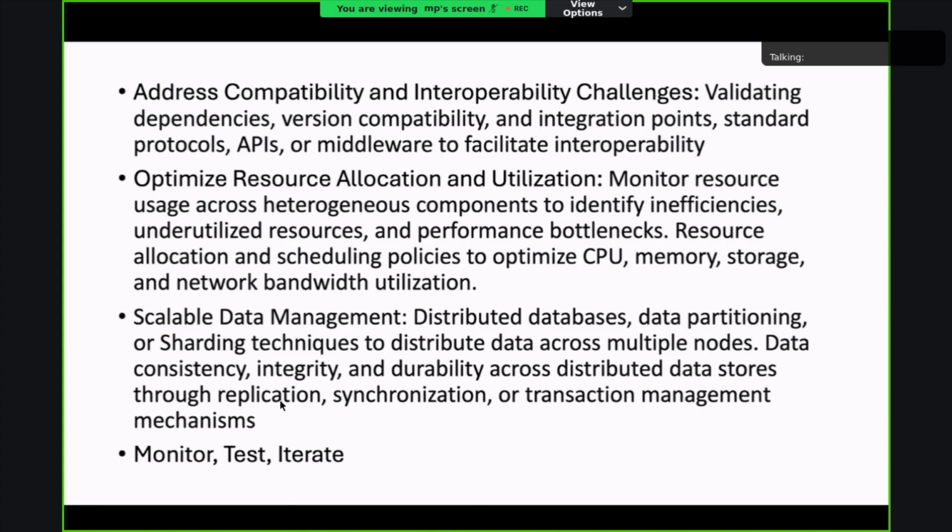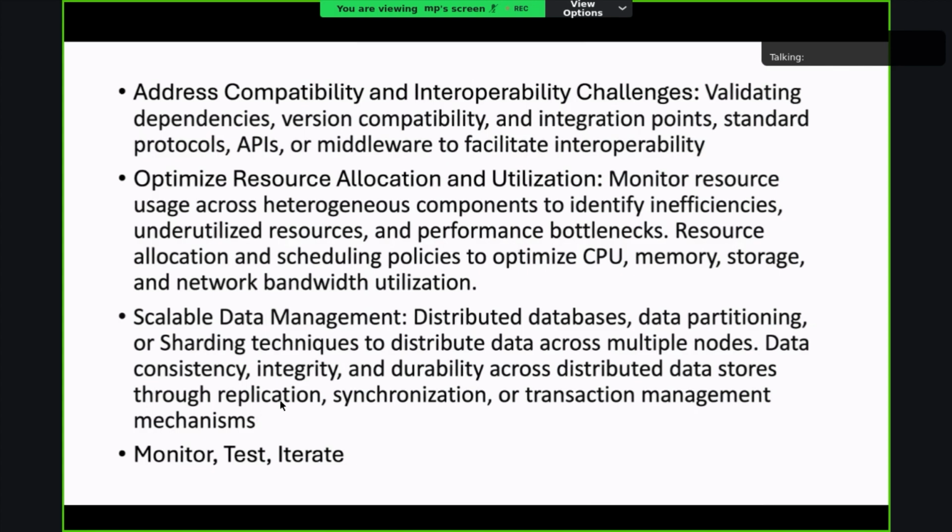Be it the memory utilization, CPU utilization, throughput, or the CPU lag, or the DB polling, or the storage. These things need to be monitored thoroughly before jumping on to making the scaling rules.